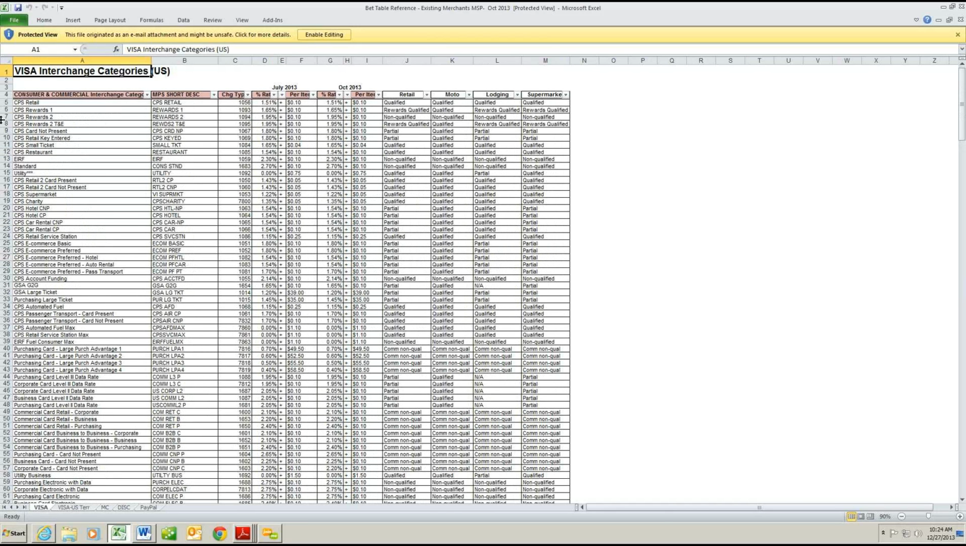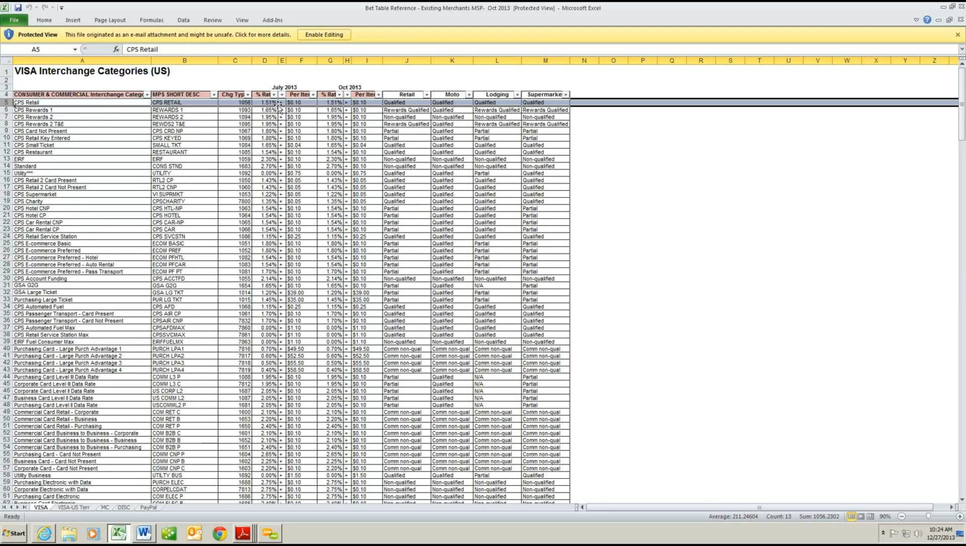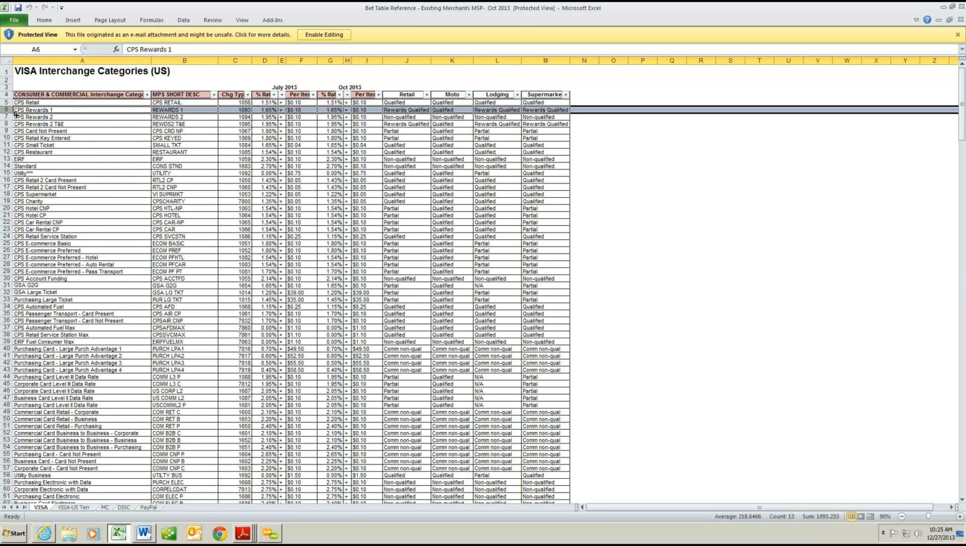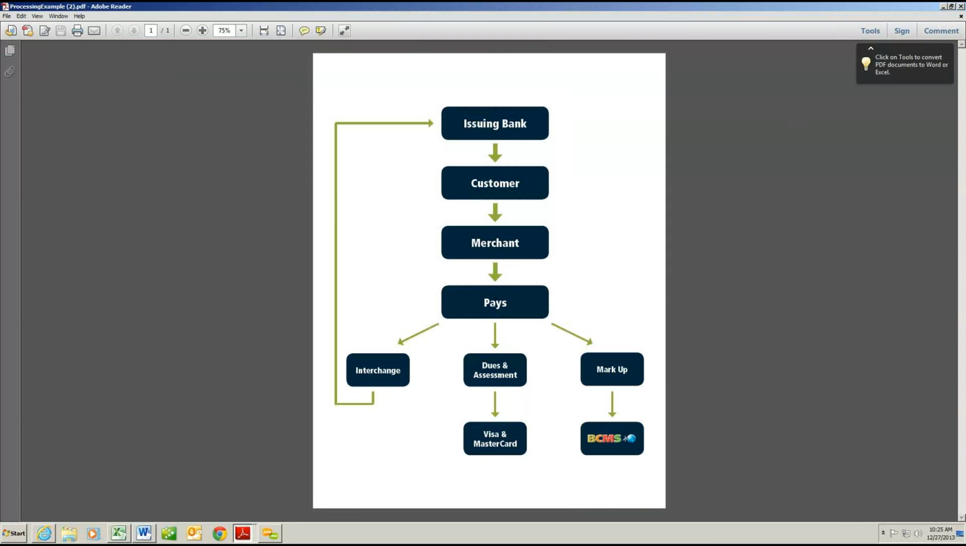For example, if you look at the CPS retail, the cost is 1.51% and 10 cents. If you look at cards that have rewards associated, the cost goes up to 1.65% and 10 cents. And then, of course, there are corporate cards. There are all kinds of cards, as you can see. And as you get more knowledge in this business, this topic becomes simpler and simpler for you to grasp. So going back to the chart, you see the interchange. That's all those numbers that go to the issuing bank. So if you have a credit card in your pocket from Chase, when you go to a merchant and make a purchase,